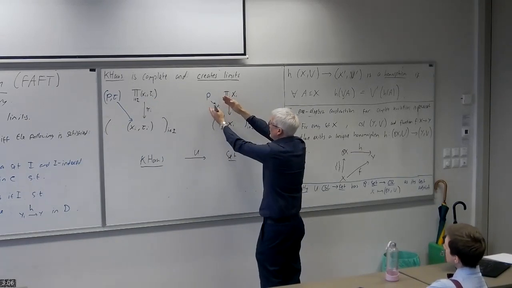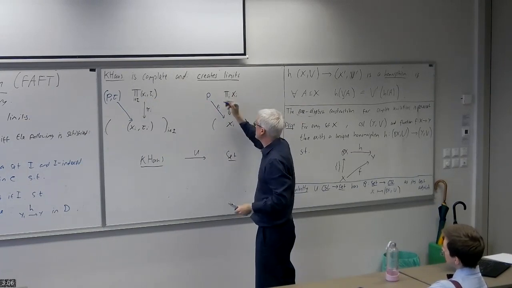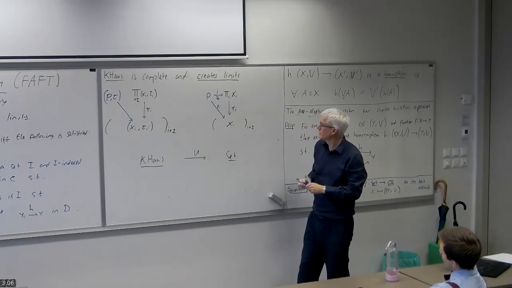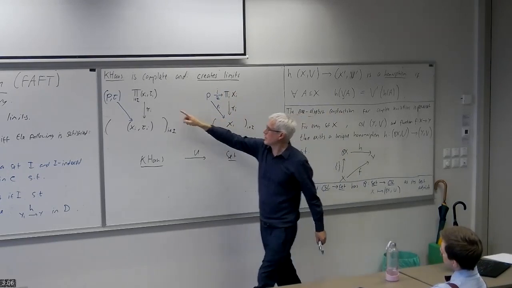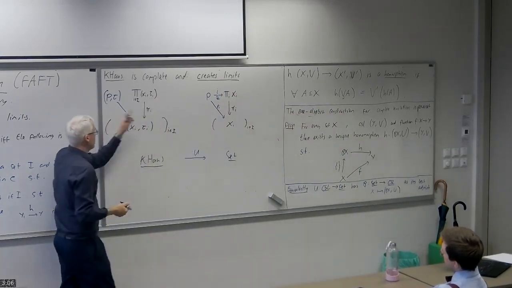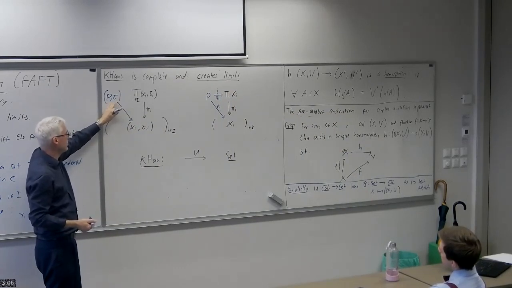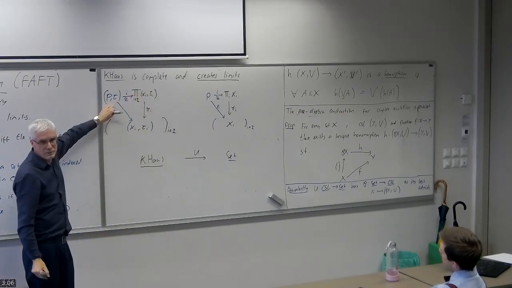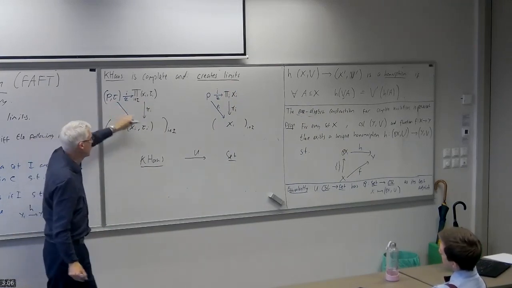But suppose we're given another product cone in sets. Well, then we have an isomorphism, a bijection in sets here. And we've got the product topology here. We can just transport the topology along the isomorphism, and that gives us, of course, a compact Hausdorff topology here, which makes the isomorphism into a homeomorphism. And that's the unique compact Hausdorff topology we can put on that